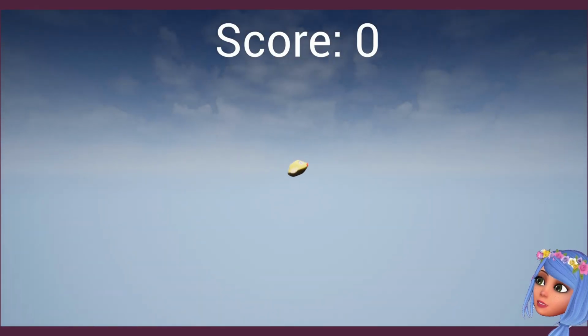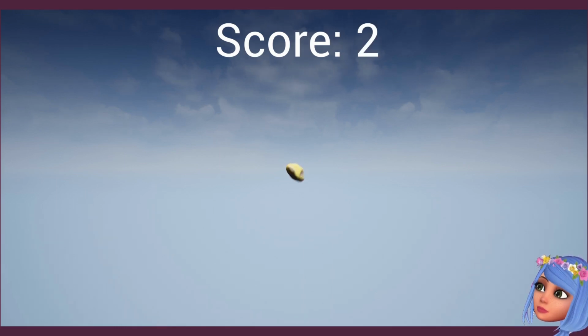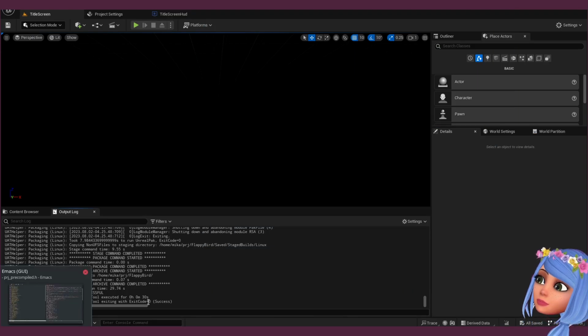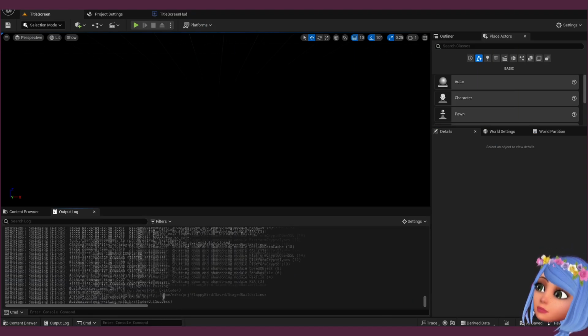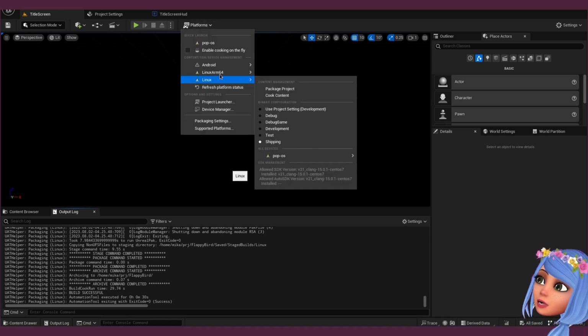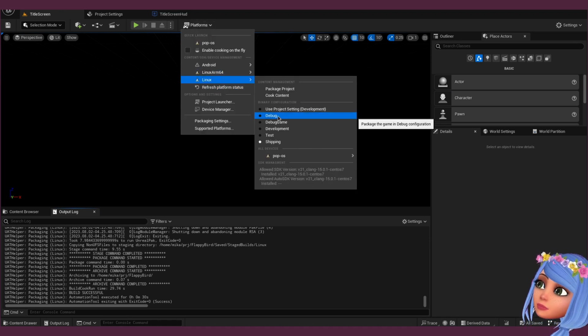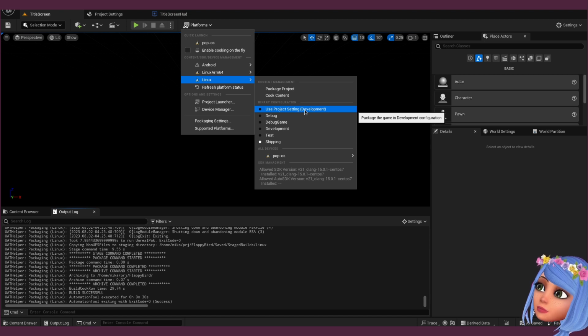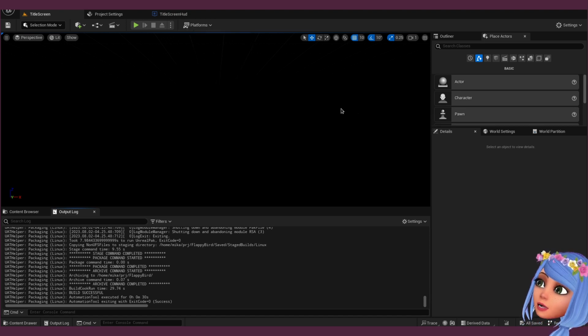We do not have pipes. This is the interesting stuff. So let's build a debug version, development, project setting, development.